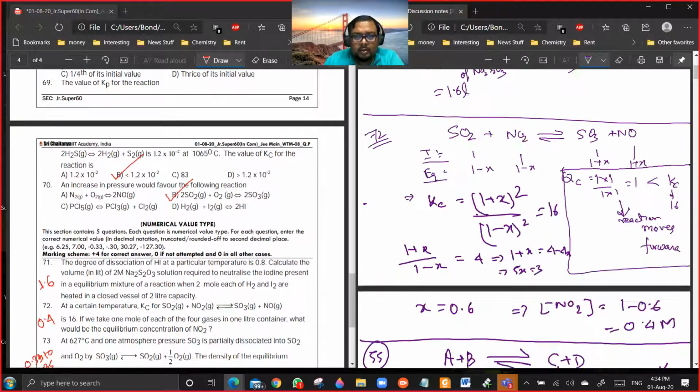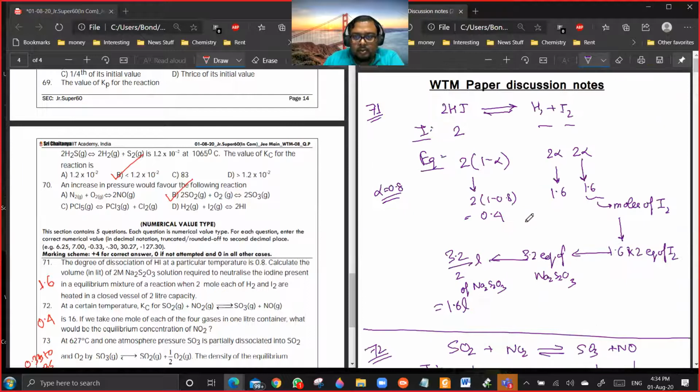So I was trying to do some. So you see, this is the equilibrium, 2HI giving H2 plus I2. Now it is saying that the degree of dissociation of HI is 0.8, and they are starting with 2 moles each of H2 and I2. The language of this question is a bit ambiguous. But if you are starting with 2 moles of H2 and I2, and you assume that the reaction is complete, then you will get 2 moles of HI. And then you can think of a reverse reaction, which is 2HI giving H2 plus I2. Are you getting my point?